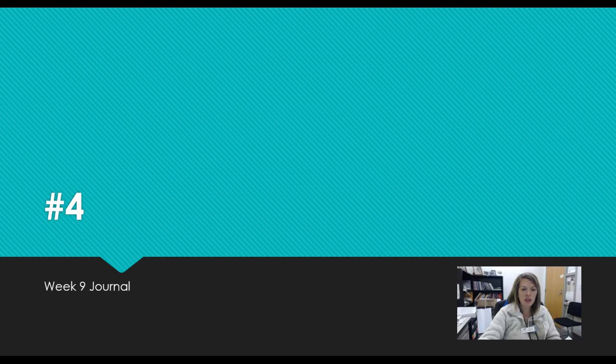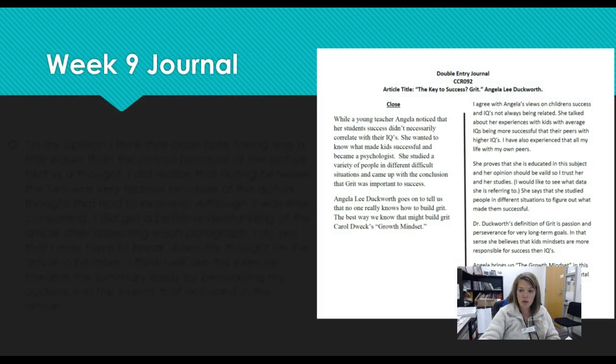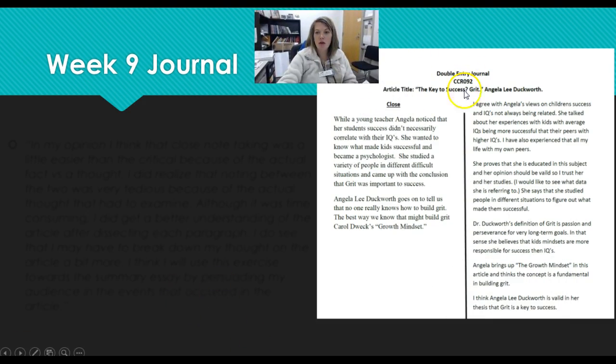which was asking you to separate your close and critical reading. This is really, really important because it's something I'm noticing you struggling with, particularly in the discussions that we've completed recently. So I really wanted to put you through the process of physically separating your close reading of the text from your critical reading of the text, which is why I was asking you to do that in the double entry format. But here's a really